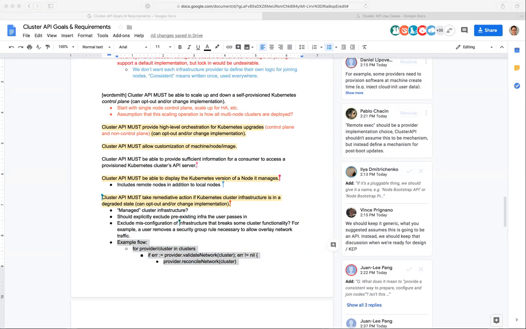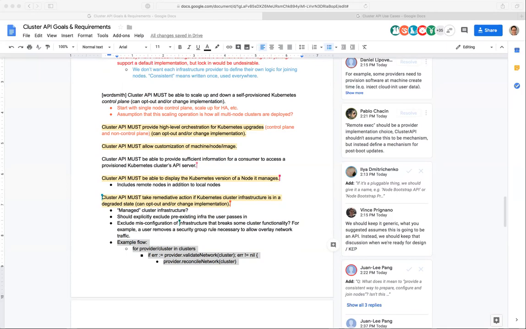I mean, I'm really confused why, in this particular case, we need to know the specificity. I can buy the idea, even if I don't agree fully. I agree that I don't know why we need to call the provider to reconcile. But I'm fine with that, as long as it's something which is opaque. I say, you tell me, when I created the cluster, when you provide the cluster to me, you told me that this is how it looks like.